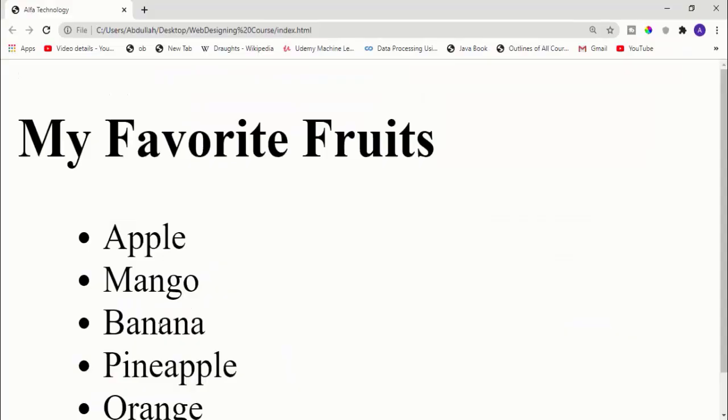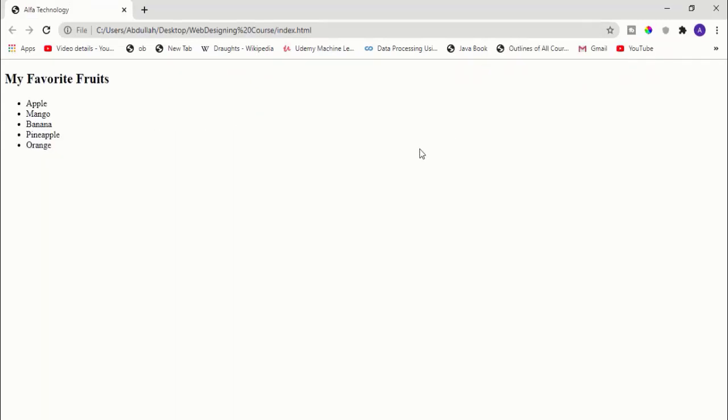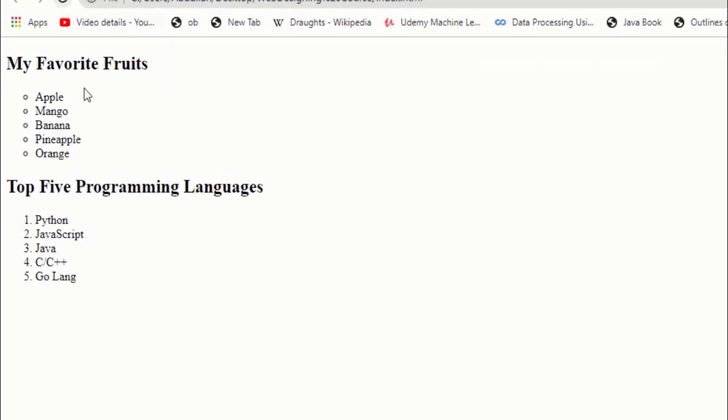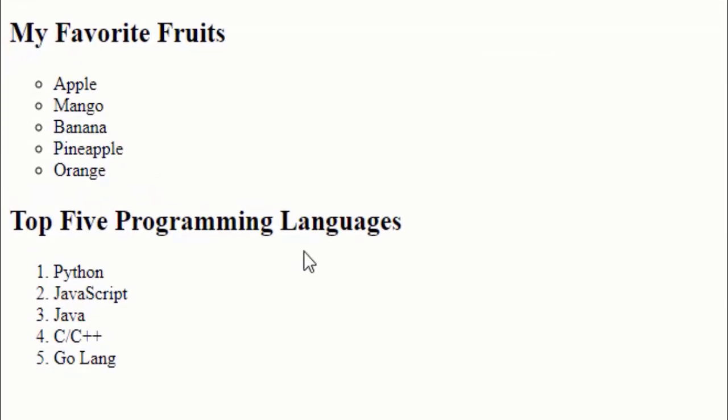Now if I go back, make the zoom default and refresh it, you can see top 5 programming languages, and there are numbers. Python is number 1, then JavaScript, Java, C++, and Go.